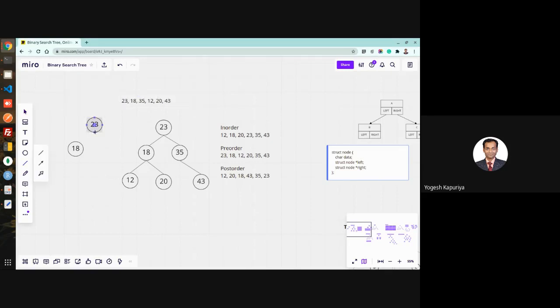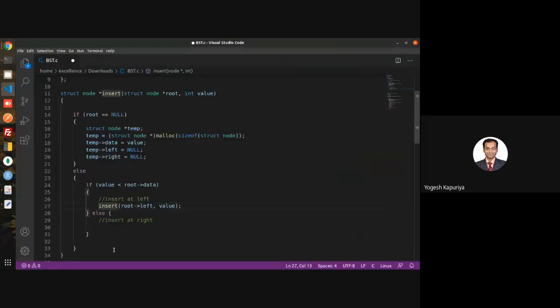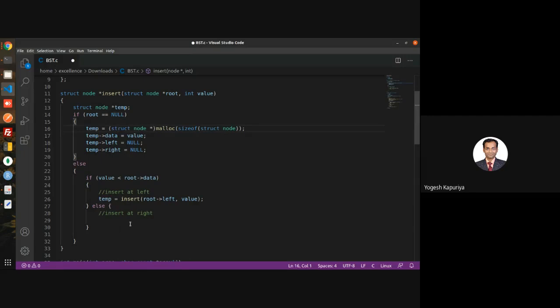So that means I need to link these two. For that purpose, let's say this returns temp. So root of left is equal to temp.